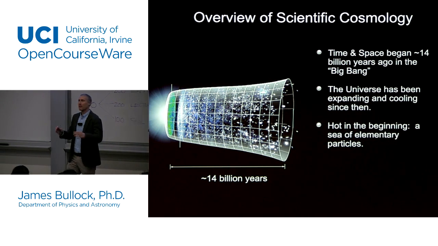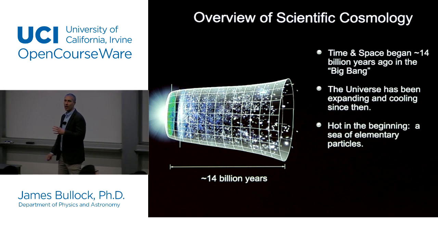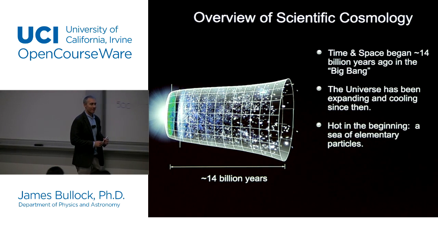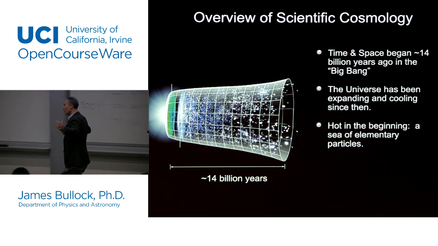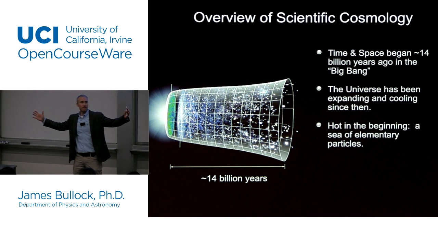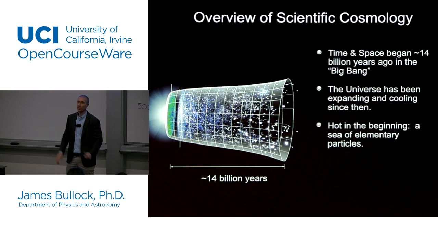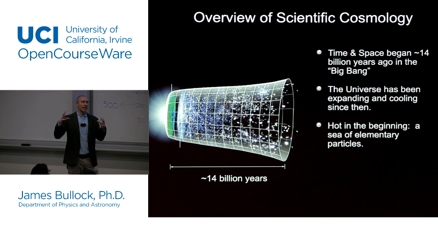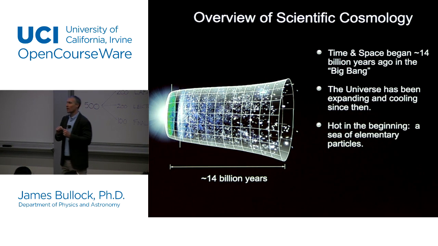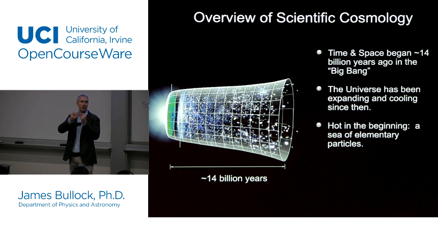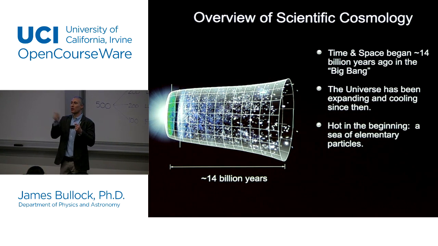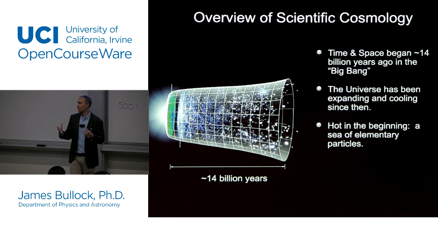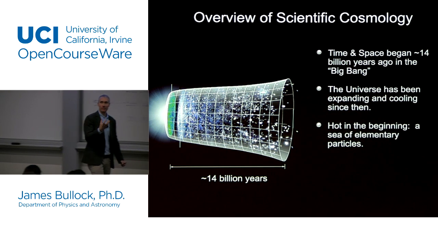In fact, it was so hot in the beginning that only elementary particles could exist. One way to think about that is, imagine you take a big container and you just squeeze it and make it smaller. If you don't let anything out as you squeeze it, what happens to the molecules in that container is they start bouncing off the container faster. And the speed with which molecules are bouncing around is basically the temperature. So if you took something and you squeezed it down, basically what happens is it gets hotter.